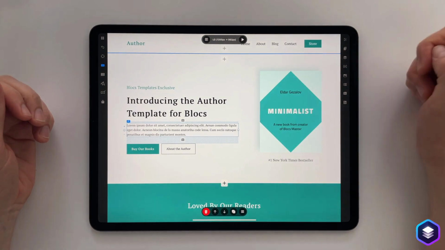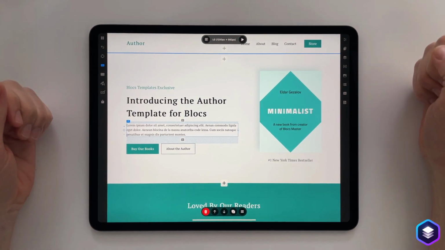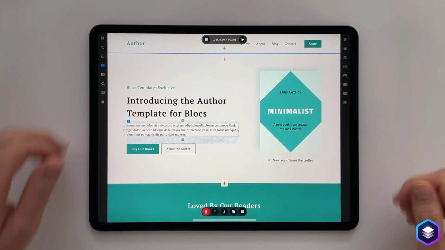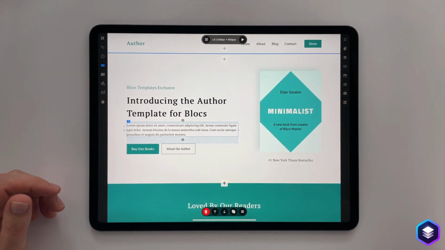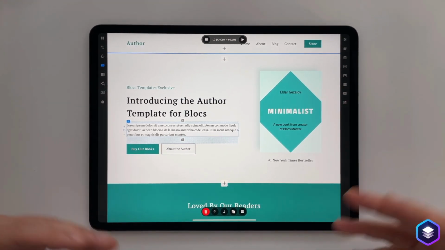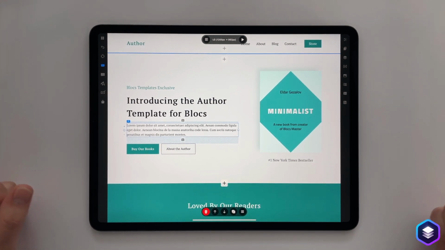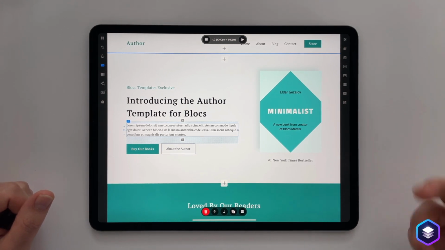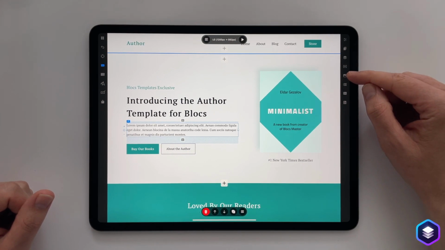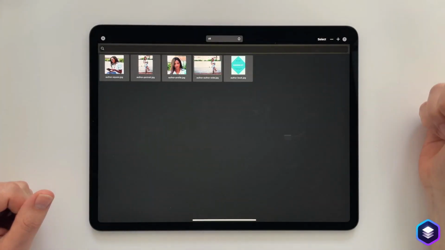I'll just shut down the inspector. Let's talk about the Asset Manager. So the Asset Manager is part of Blocks, which you're going to use on a regular basis. It's basically the way we manage our images, our PDFs, our zip files, our MP4s, or MP3s. Any media that you're going to add to your website is going to be added through the Asset Manager, unless, of course, it is a page or project attachment. The Asset Manager can be opened over here on the right side just by tapping that.